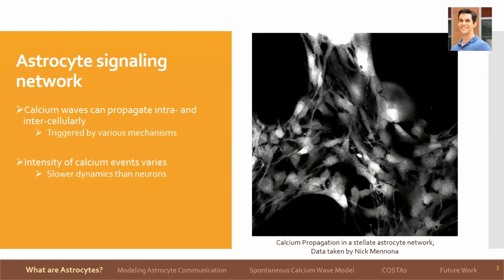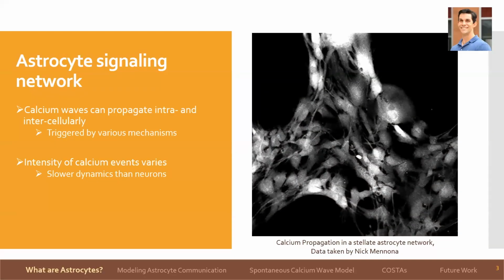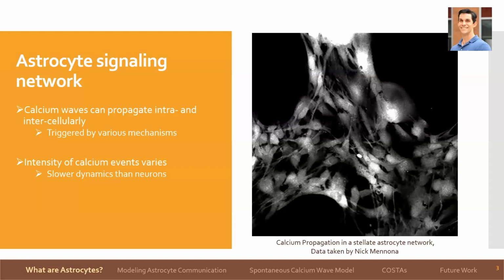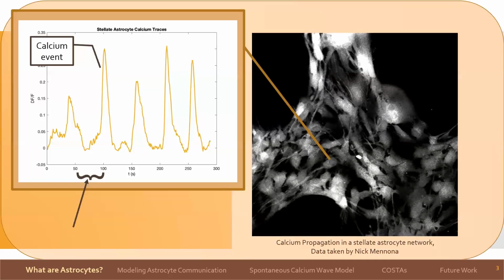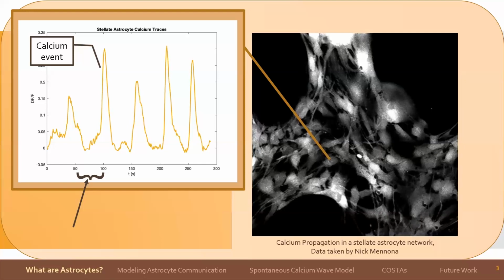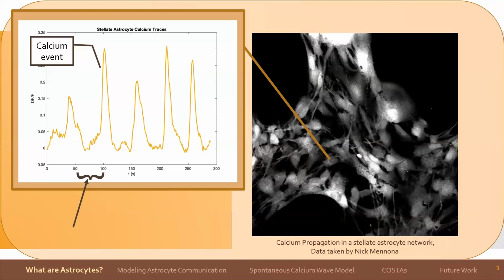So right here to your right, we have a video of a stellate, which is a type of astrocyte network, and it is firing. So this is what I call when I say calcium events. This video was taken by Nick Minona, my mentor. If you think it's weird that his picture is there, I agree, but he told me to put it there, so there you go. And we can actually see what I'm talking about here. So we have these calcium spikings that are targeting one cell specifically, but you can see that it's propagating throughout the whole network. So these will be calcium events, and that's what I'll be talking about for the rest of